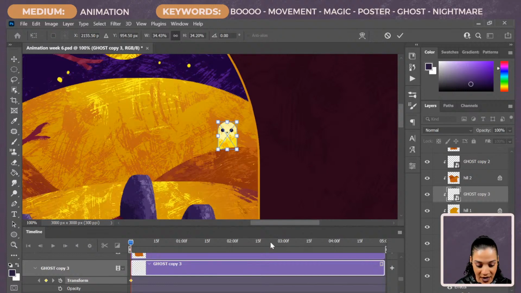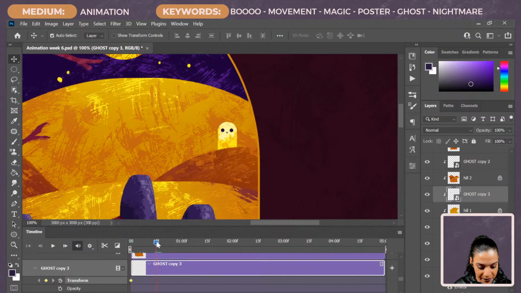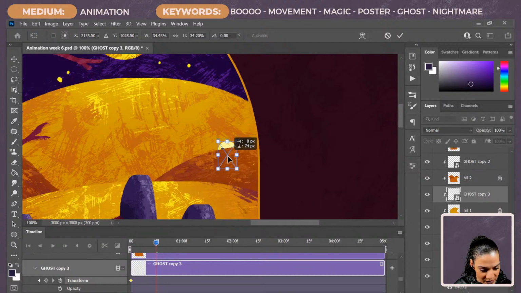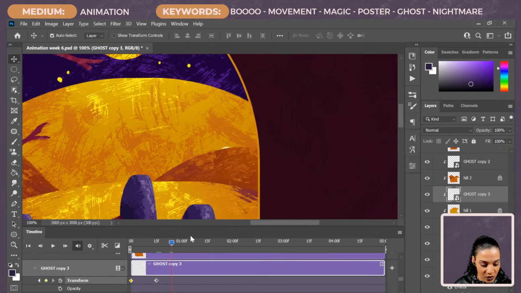So I'm gonna leave him there. Boom. And then we will scrub, Control T. I wonder if we can get a snap. Yeah, we can get a snap here. So we'll have him disappear completely. So there's a snap. We'll move it.